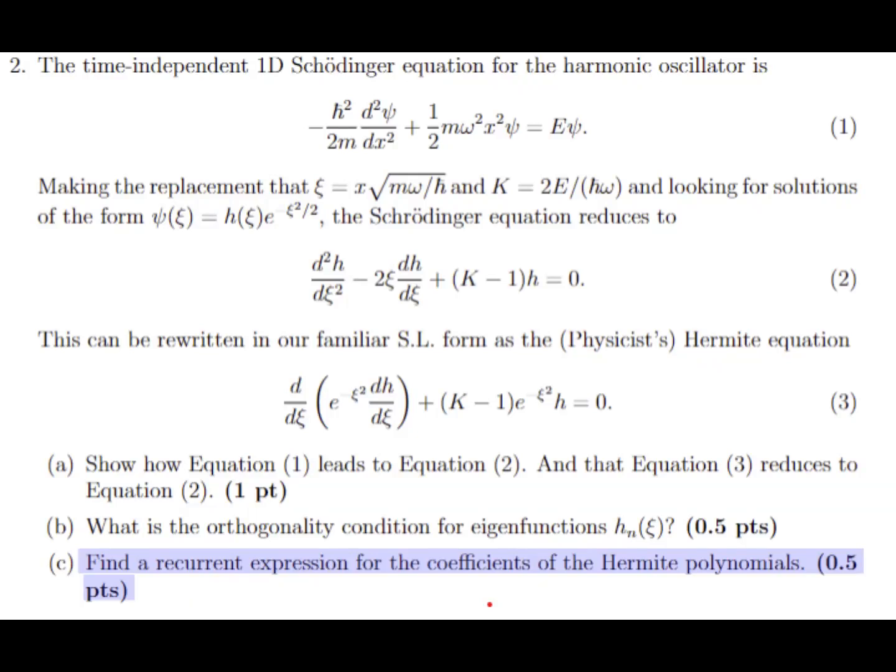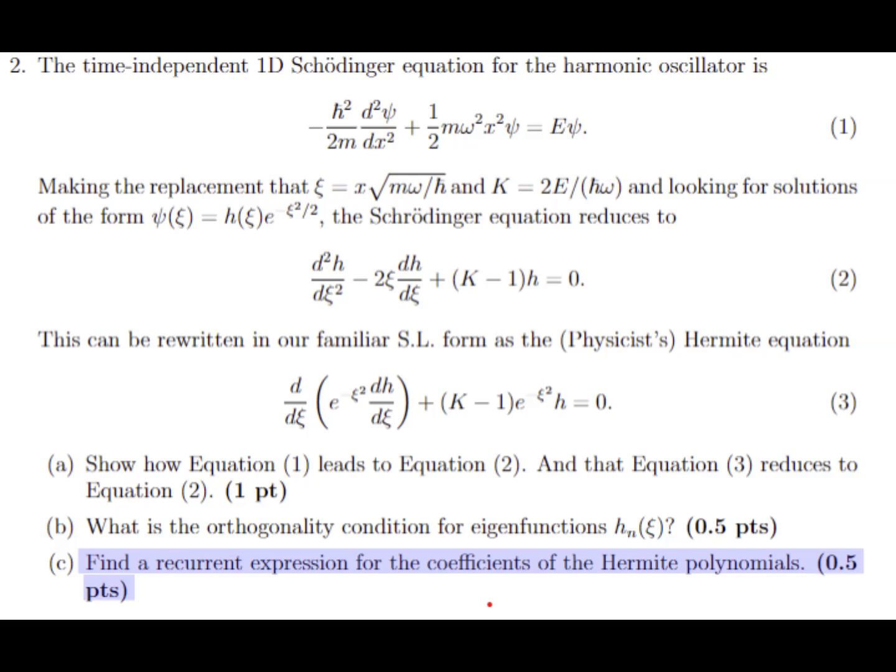Okay, so for this problem that I'm going to do, it is the second problem for my homework number 3 for mathematical physics. And the question states that the time-independent one-dimensional Schrodinger equation for the harmonic oscillator is, and it has a Schrodinger equation that we all know and love, says making the replacement that letter is